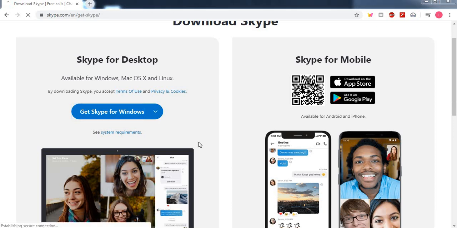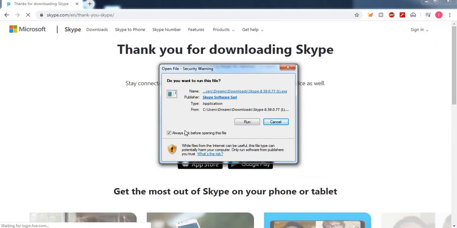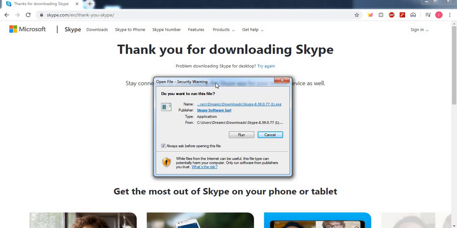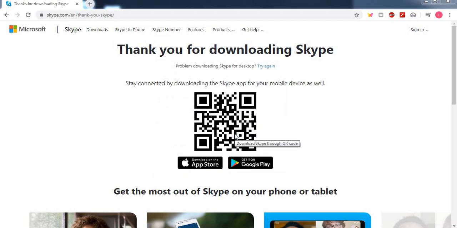Open. So fine, it will open. So this pop-up will come in which a message will come automatically: Thank you for downloading Skype on the browser. And this software requires access of mine, so I'll give a run over here. Now I'm getting a user account control window asking for my approval for installing.